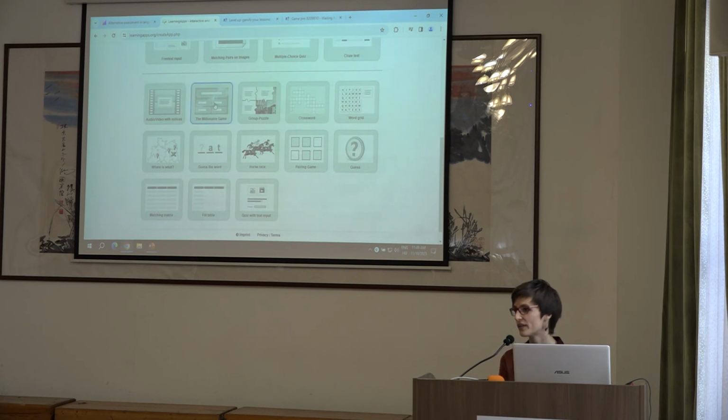This is the Who Wants to Be a Millionaire game theme. This is a very basic form of it, but students love it very, very much. Group puzzle, crossword, word grid. This is the guess the word, the hangman, pairing, and so on.